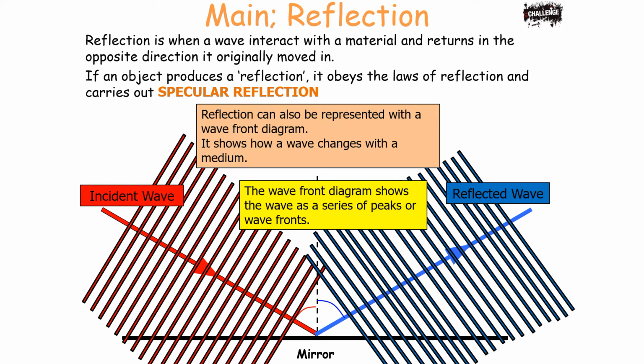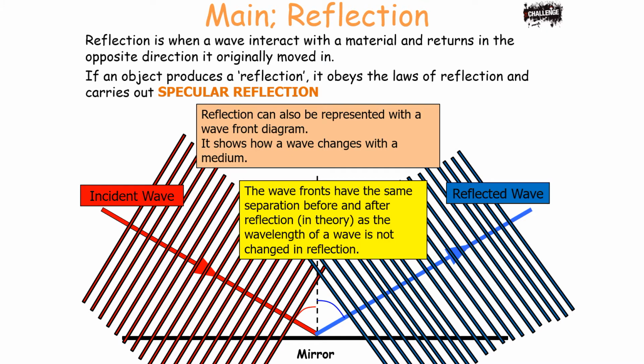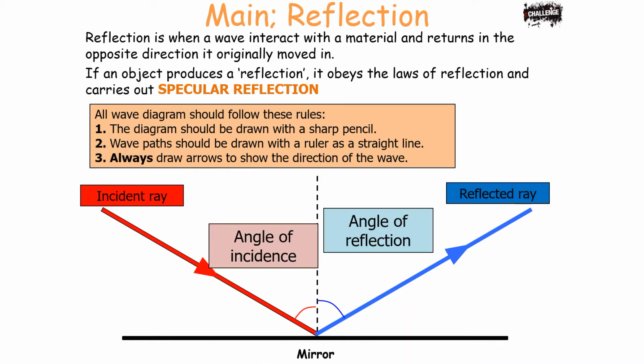The wavefront diagram shows the waves as a series of peaks or wavefronts. The wavefronts have the same separation before and after reflection, as the wavelength of a wave is not changed in reflection. The speed of a wave is not changed in reflection, and the frequency is not changed in reflection. To draw a ray diagram correctly, the diagram should be drawn with a sharp pencil, the wave path should be drawn with a ruler as a straight line, and you should always draw arrows to show the